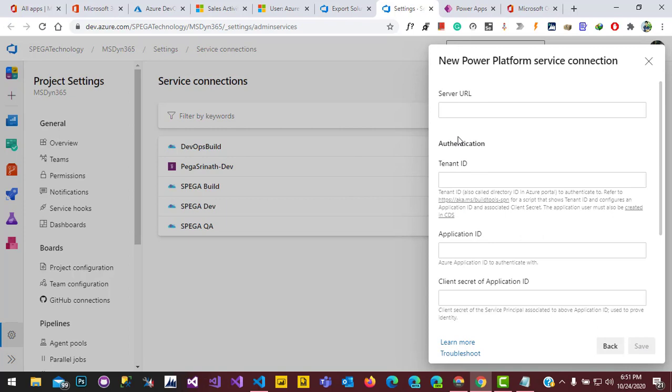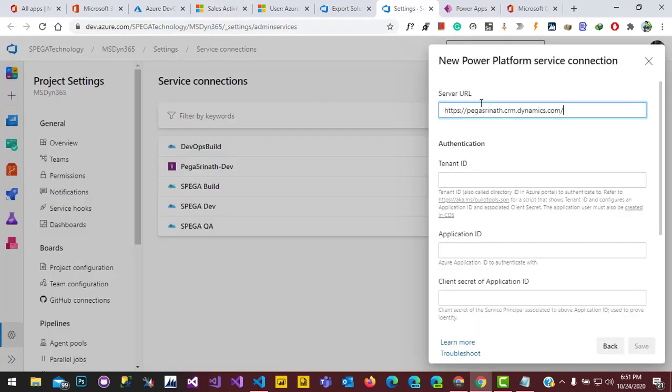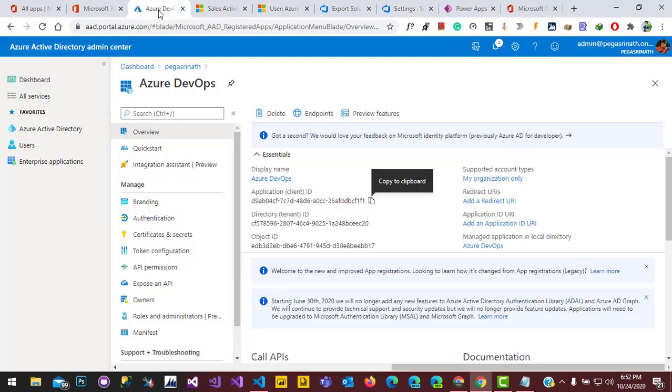next, and it's asking for the server URL, which means the URL of that environment. Let's copy the environment URL, paste it here, and it's asking for the tenant ID. We will get the tenant ID from our app registration which we created just now. Yeah, this is the directory tenant ID.